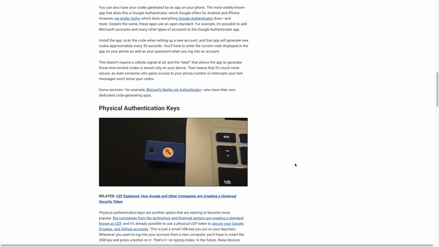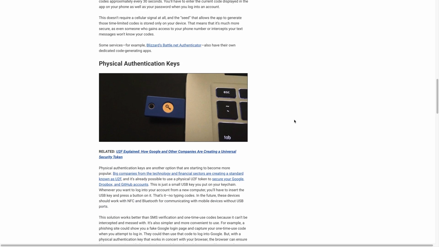Another one is a physical authentication key. For myself, I've never actually seen them physically, but I've seen them online and I've heard about them, but I've never actually had one of these before. But this is another sort of authenticator key that you can get. And then if you go down,